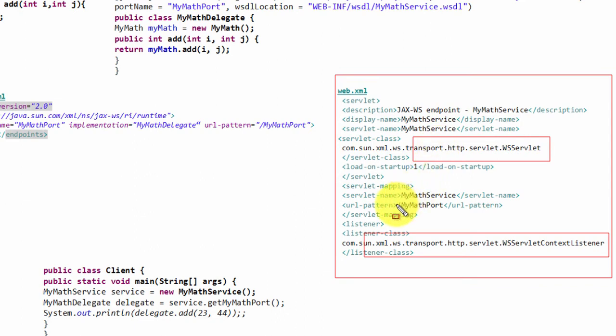The client is supposed to call a URL pattern called mymath port as per the configuration.